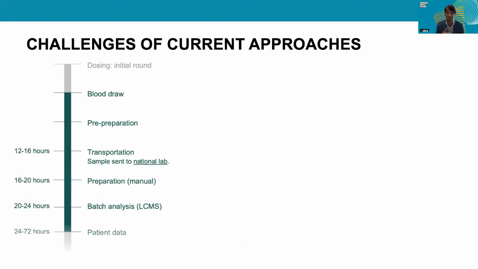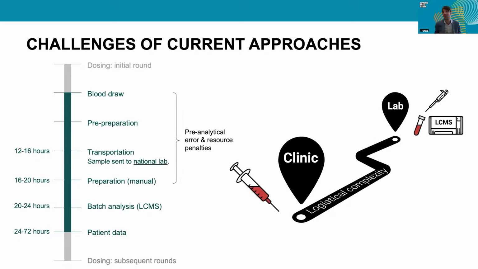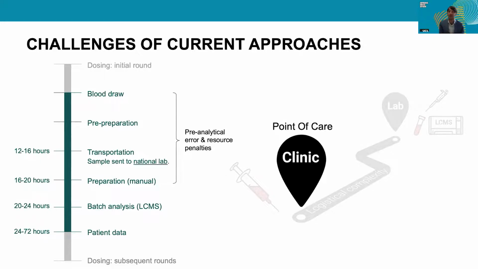And so actually this is currently being done in some model studies, which is called therapeutic drug monitoring. The issue is that it's really complex to do that. So basically, you have to draw the blood of the patient. You have to then process that blood. You then have to send that blood into a centralized lab, and that blood has then to be analyzed. And then we have to feed back this data to the doctors so they can make the decisions. And this all takes often up to 3 days.